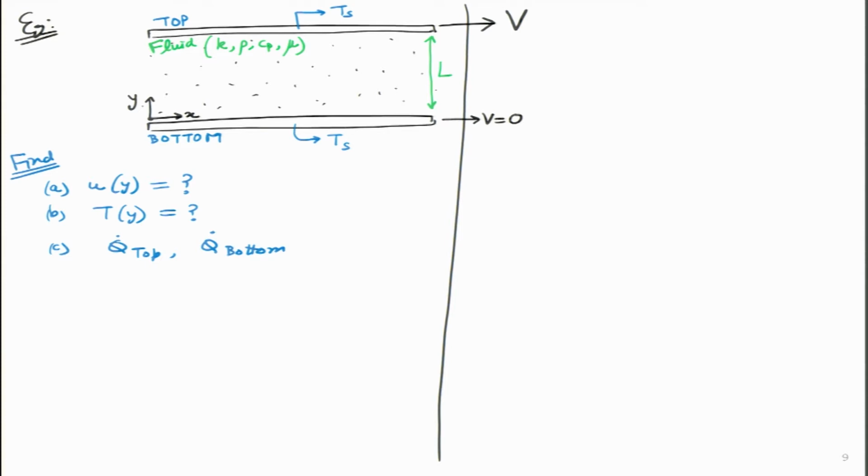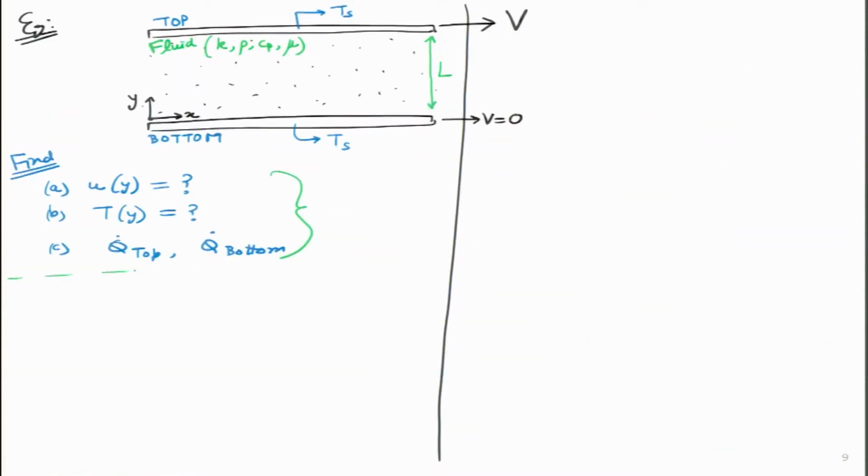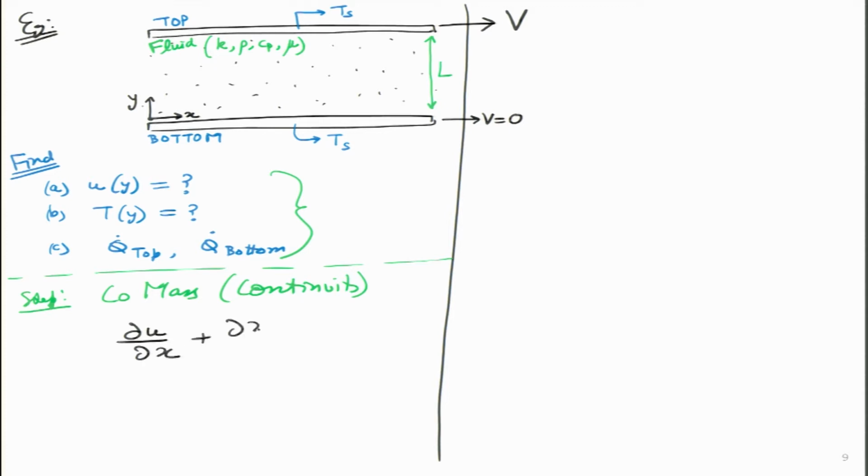So, what I want to do is solve for these three parameters, and I thought of doing this exercise because I wanted to become familiar with these equations and figure out how to actually use them in real life. So, let us start with the first step, which is we will use the conservation of mass equation or the continuity equation. If we go back to the previous slide and write that equation over here, we get del u by del x plus del v by del y is equal to 0.